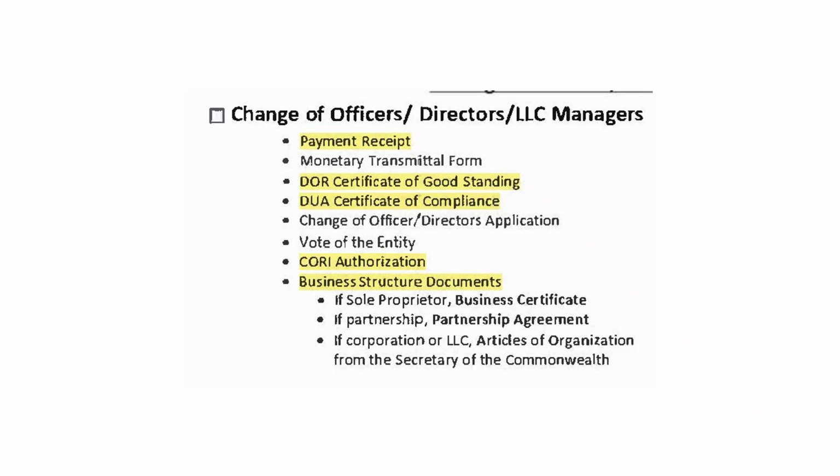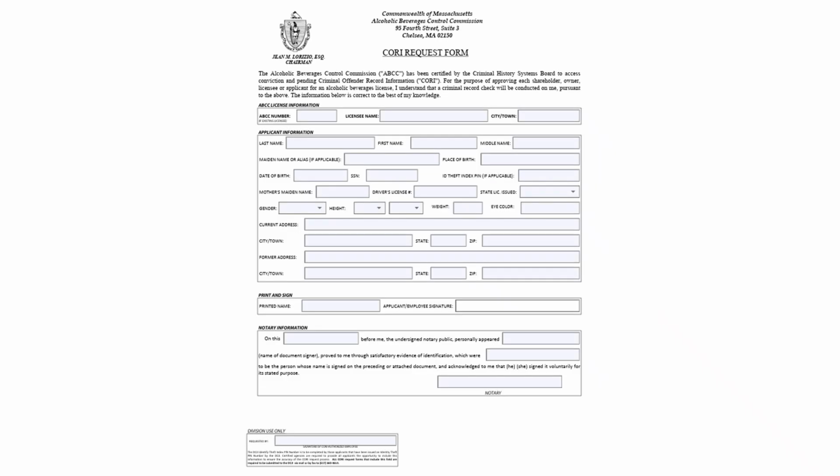Always make sure that all the required documents are included in your application packet before being submitted to the local licensing authorities. A blank copy of the CORI request form can be found on the Amend Your Alcoholic Beverages Retail License Change of Officers, Stock or Ownership Interest page. Please fill out a CORI request form for each individual with financial or beneficial interest in the entity that is applying, and one for the proposed manager of record. This form must be notarized with the stamp or raised seal.